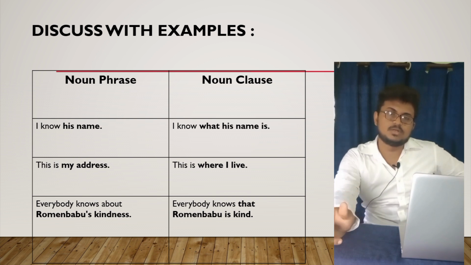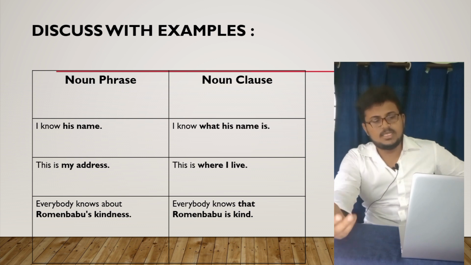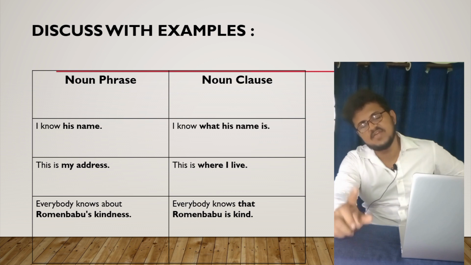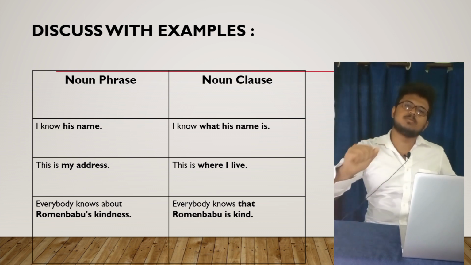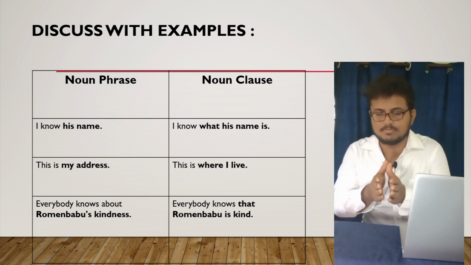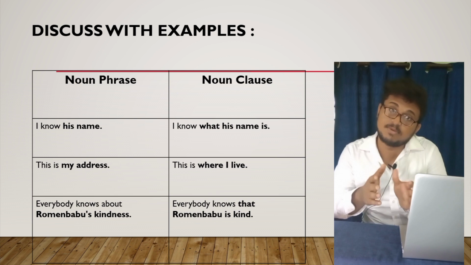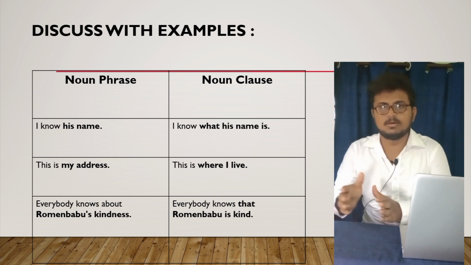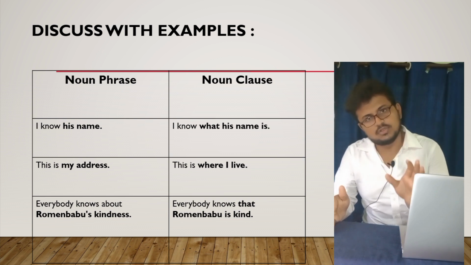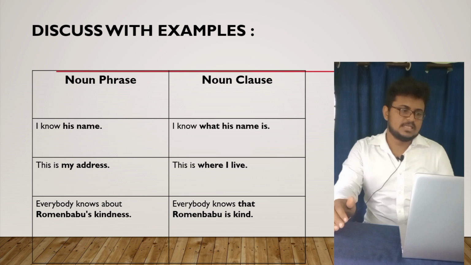If we turn it into a noun clause, then what will I write? I'll write, everybody knows that Ramin Babu is kind. So what I made, I broke the phrase Ramin Babu's kindness into everybody knows that Ramin Babu is kind. Ramin Babu's kindness, 2 words. Ramin Babu is kind, 3 words. Both are groups of words. One is phrase, one is clause. Right. Then if we move to